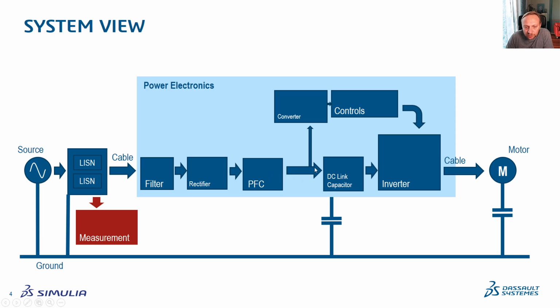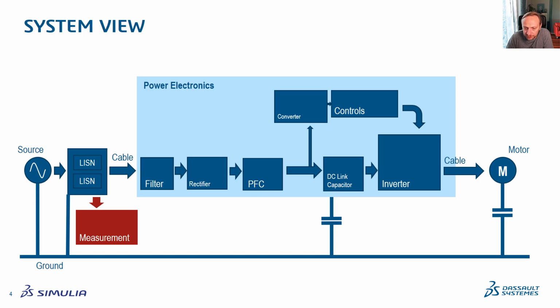Then you need some controls for the inverter, which will typically be low-voltage electronics, so you would require another converter to down-convert the voltage to supply the control chips. There is a DC link capacitor to provide short-term power to the inverter, then the inverter itself and a cable going out to the motor. And here you see the capacitances to the ground, which we will see later have a very important influence on the